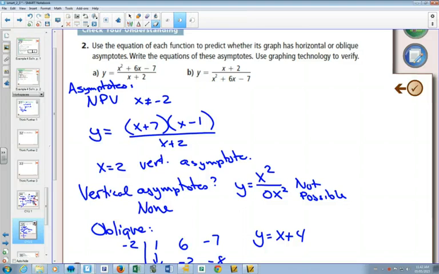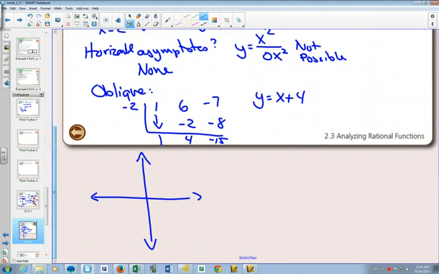Then we checked our horizontal asymptote. And so we start with x equals -2 as our vertical asymptote. We have no horizontal asymptotes, but our oblique asymptote is a line,